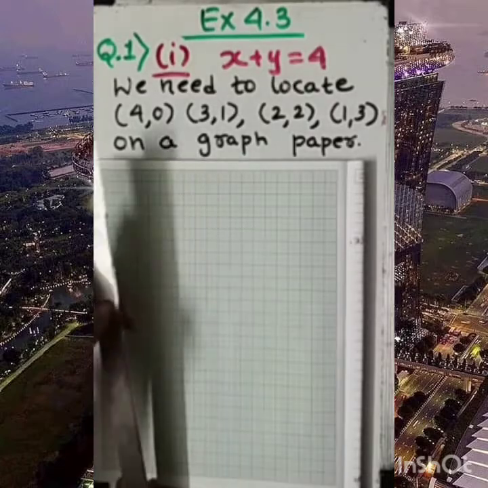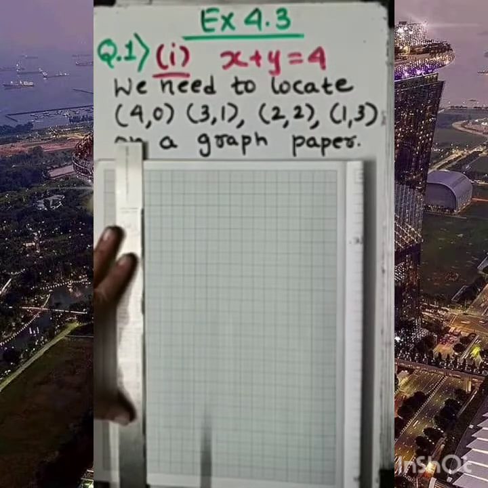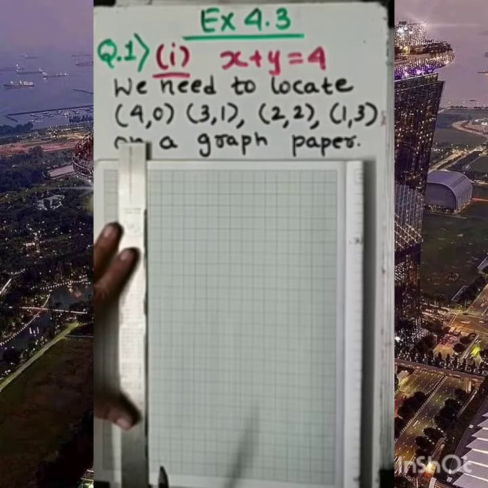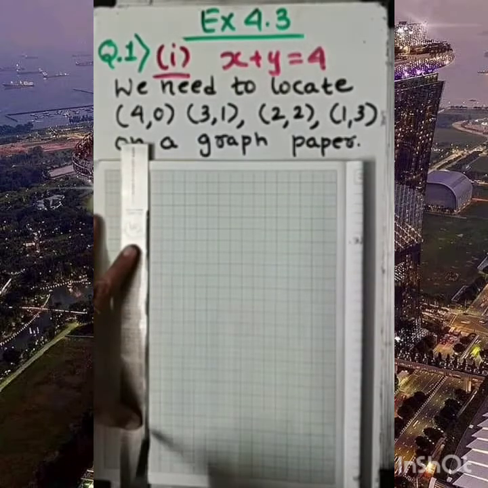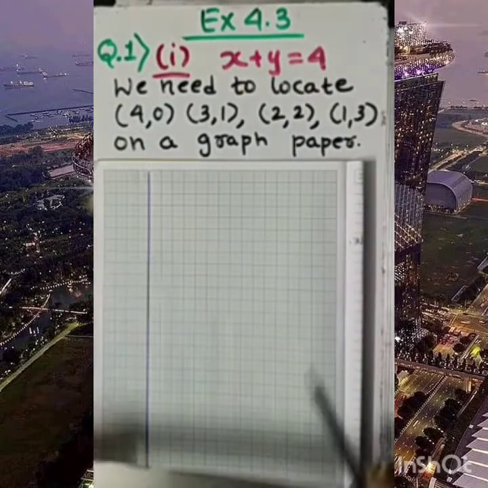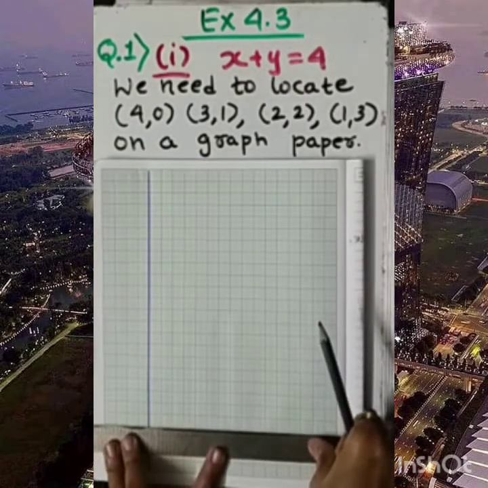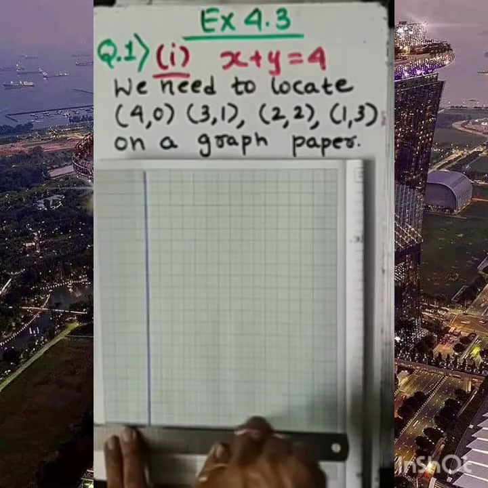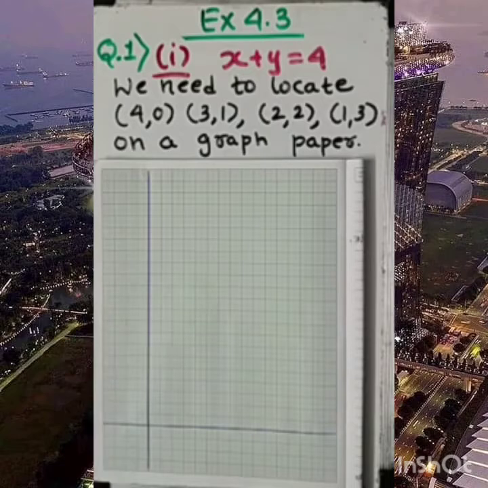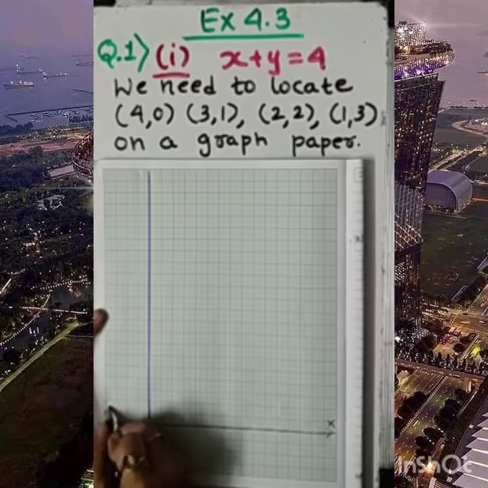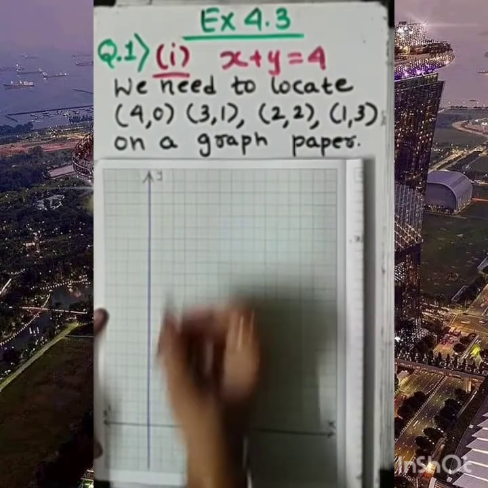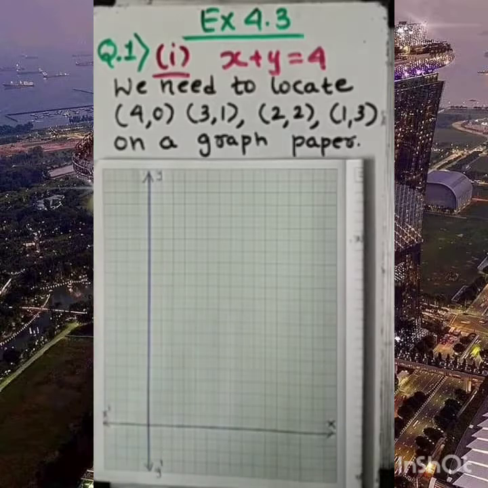So let's begin. First of all, I ask you to draw a straight line. This is a vertical line I have drawn here, and here a horizontal line I am drawing. You can see this is the horizontal line. The horizontal line is known as the x-axis, you know. So I am mentioning this is x, this is the x dash axis, this is y, and this is the y dash axis. Very simple. Now further we need to locate the points on this.